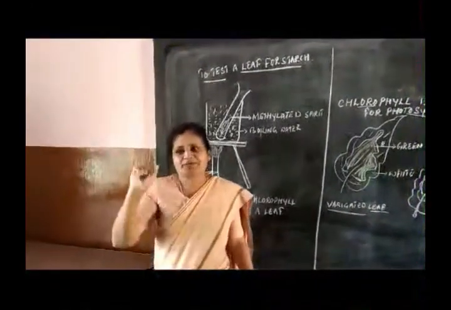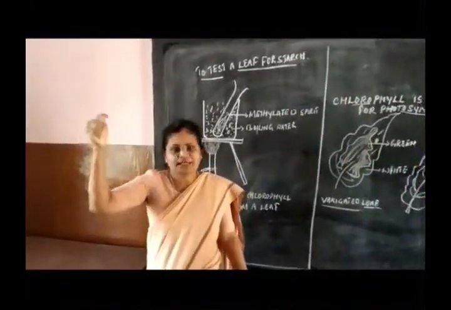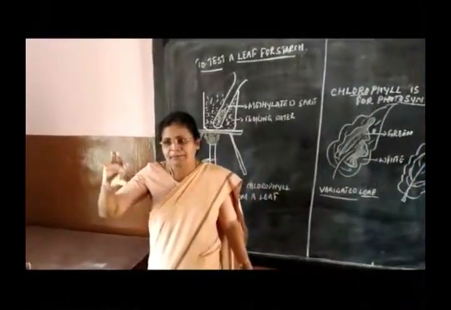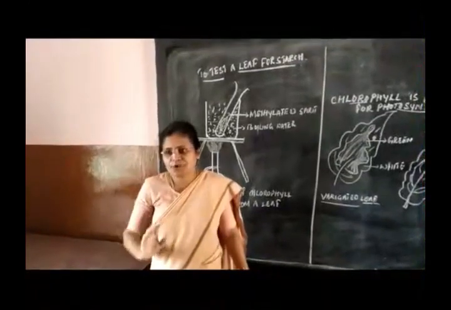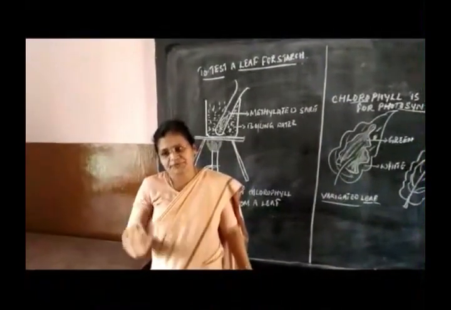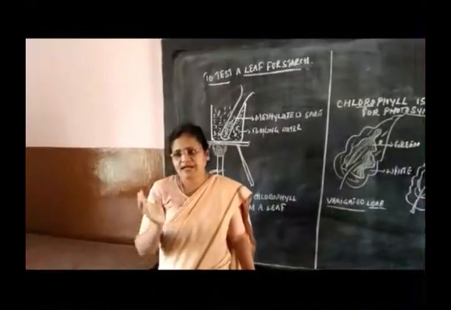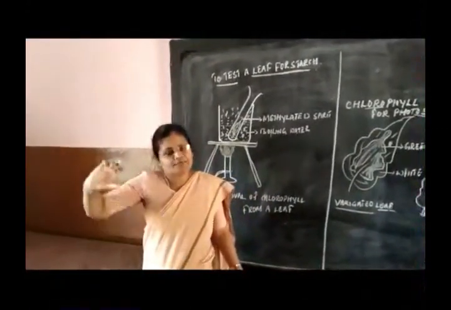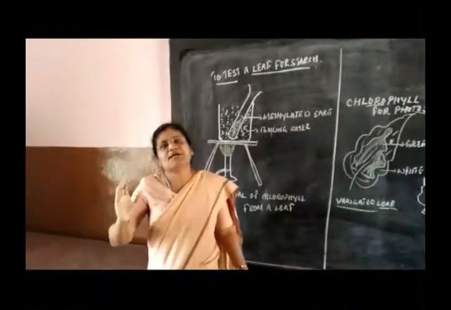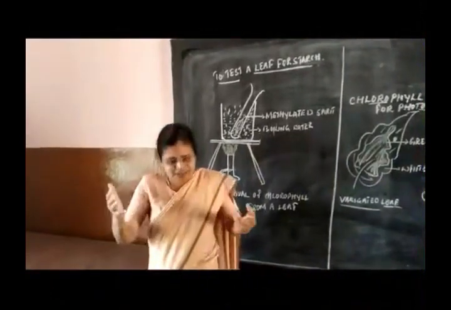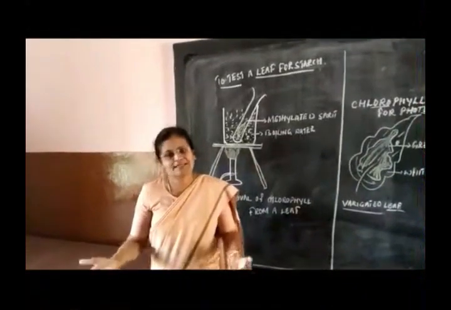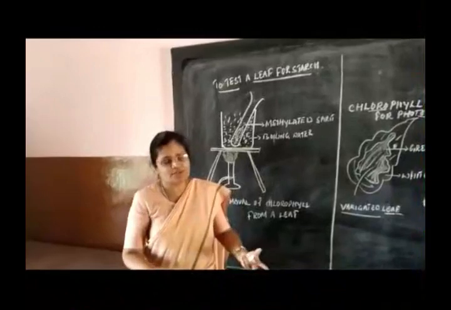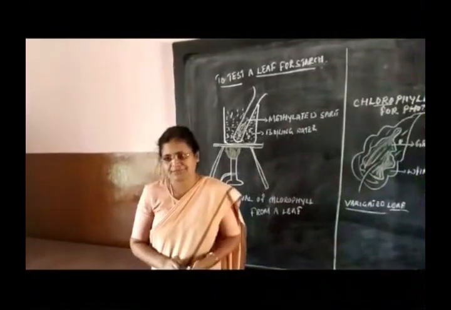In the adaptation of the leaf, we have number 1, large surface area. 2, the leaf arrangement. 3, the cuticle present on the upper epidermis. Then 4th, the numerous stomata. 5th, the thinness of leaves. 6th, the chloroplasts. 7th, the extensive vein system. Now these are the 7 adaptations which the leaf has to enhance the rate of efficiency, for it to do photosynthesis perfectly and efficiently.